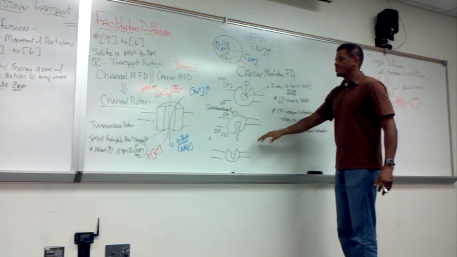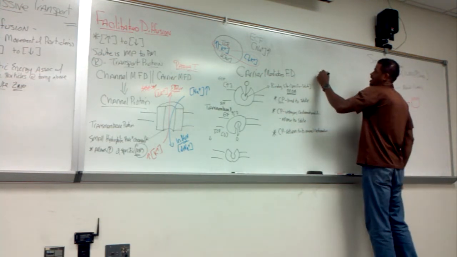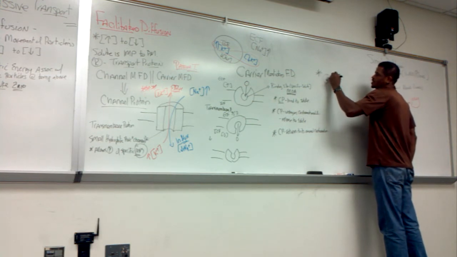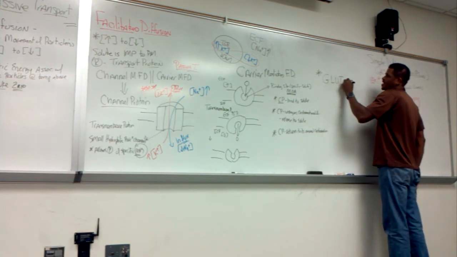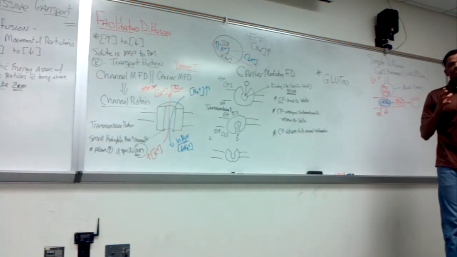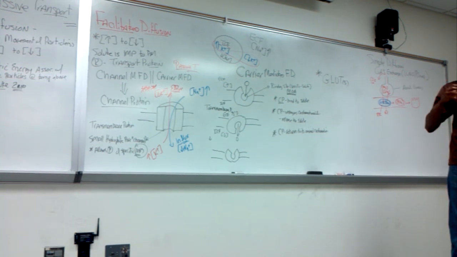An example of carrier-mediated facilitated diffusion will be a carrier protein called our GLUTs, for our glucose transporters. Glucose transporters are a type of carrier protein that transport glucose across the plasma membrane, either into cells or out of cells. We know cells need glucose to generate energy in the form of ATP. Glucose is a large polar molecule. It cannot what? Cross the what? Plasma